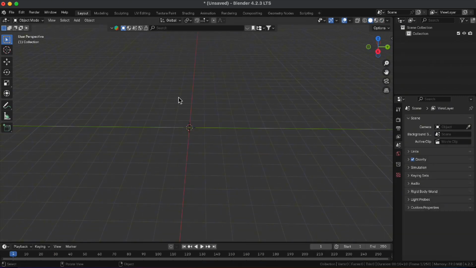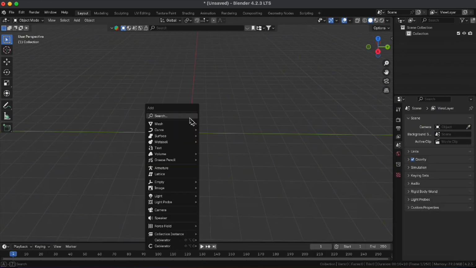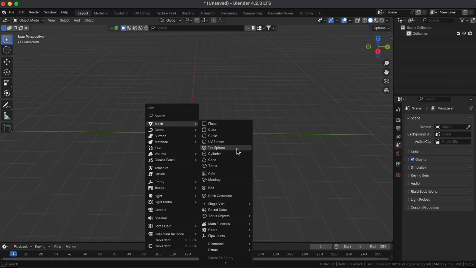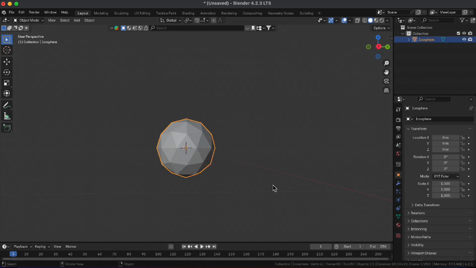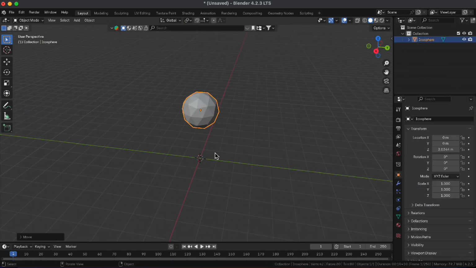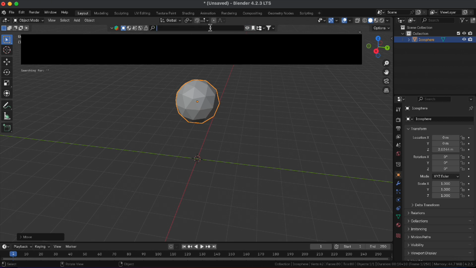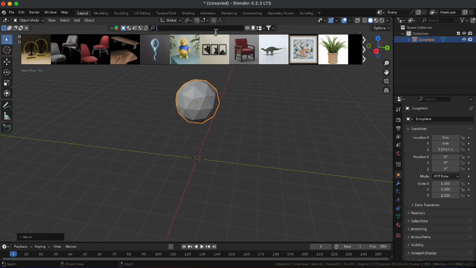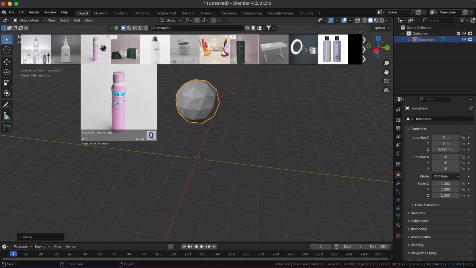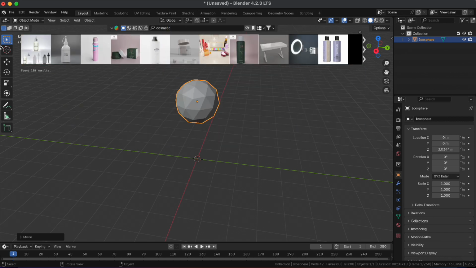So the first thing that you need to do is press Shift A, go here to Mesh and add an icosphere. And you're going to move it up somewhere like this. Now I'm going to be adding a placeholder model here to act as, for example, the object that's going to be affected by the simulation. So we could just search up, for example, cosmetic and just add anything really. It doesn't really matter. Let's add